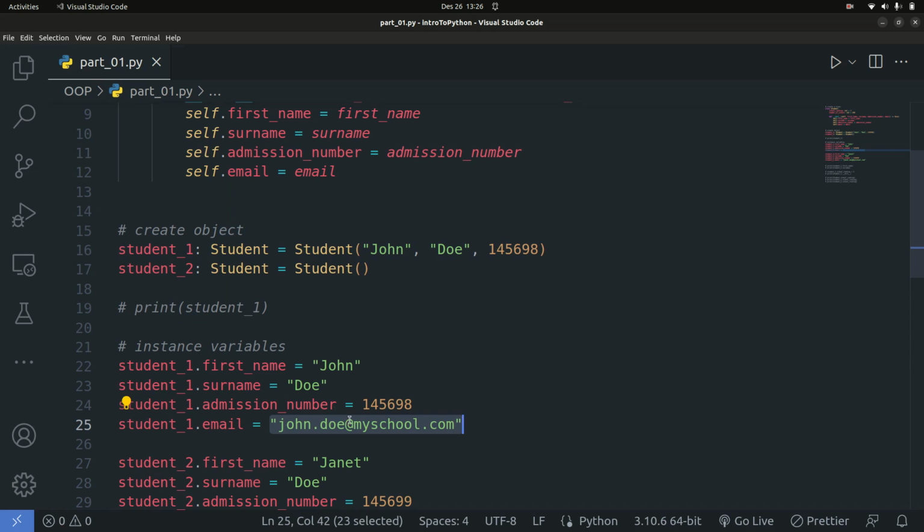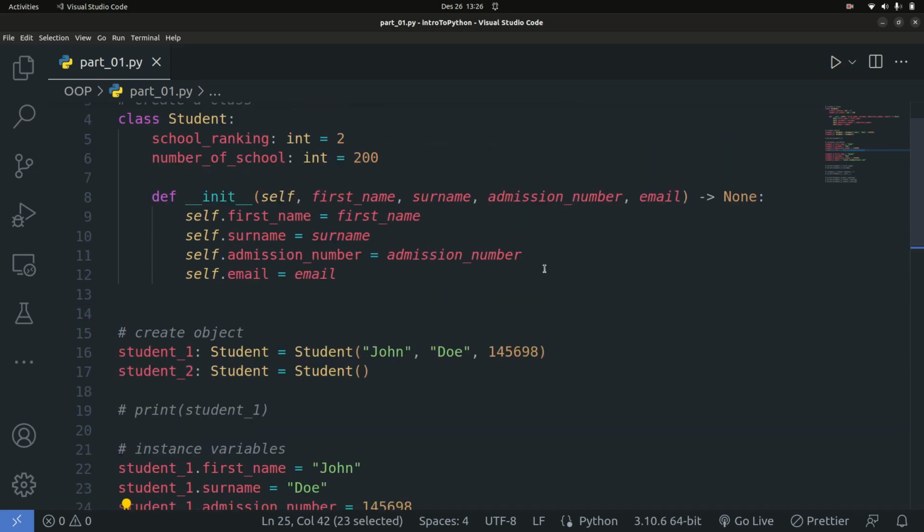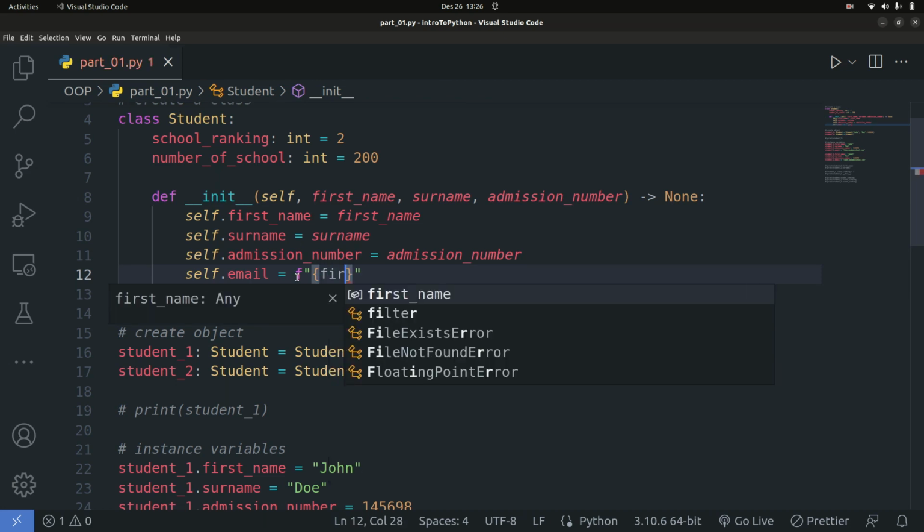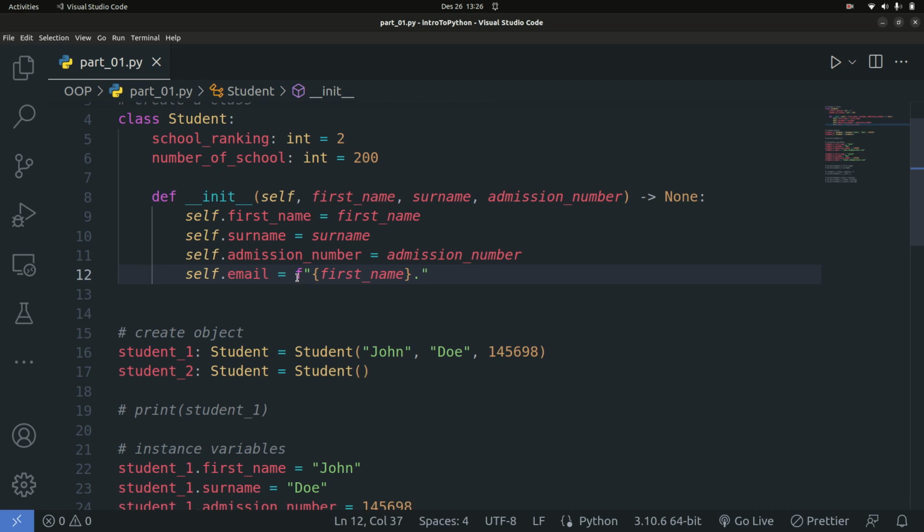And for the email address, I don't really need to pass it in because we can create the email address ourselves. And how do you create the email address? You're going to use an f string. You're going to say the first name, and then dot, and then the surname. Okay, and then after that you're going to say at my school